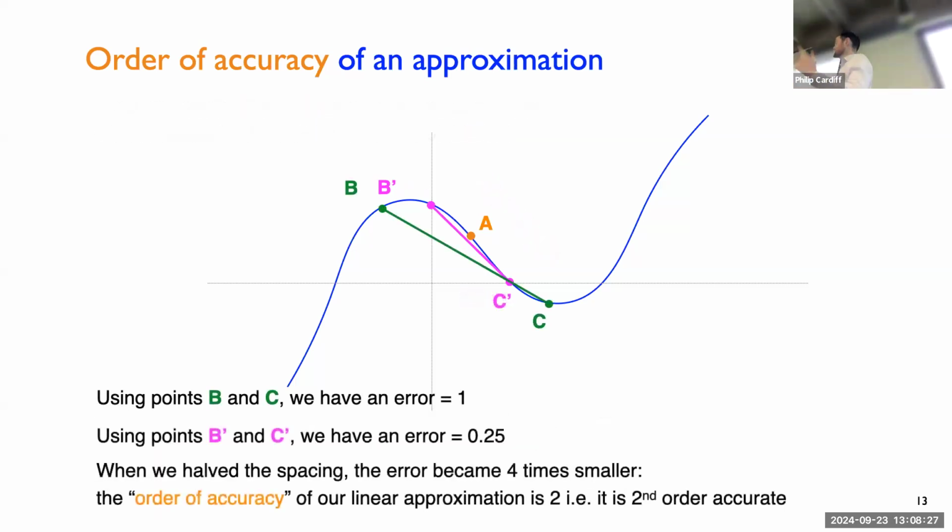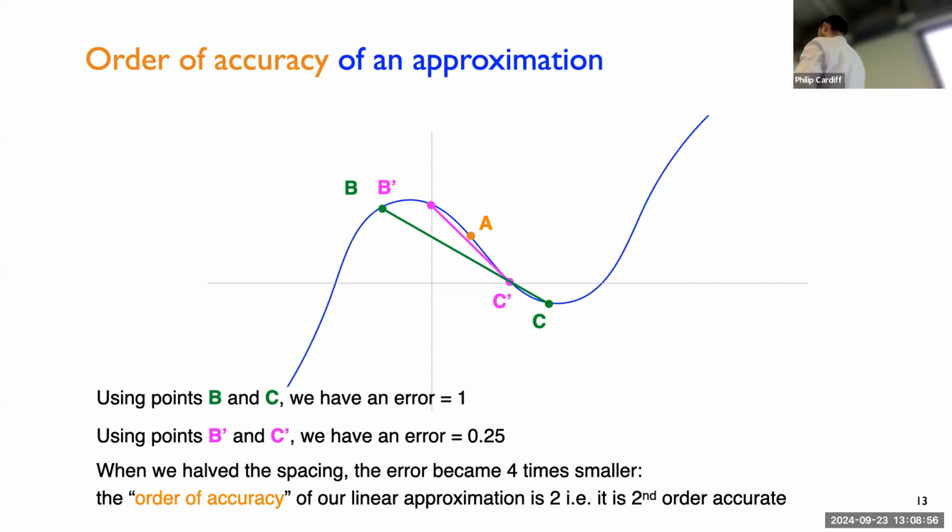So if we use points B and C, we got an error of 1. And when we halve the spacing, using this linear approximation, we got an error of 0.25. So even though we halved the spacing, the error didn't halve, the error became 4 times smaller. If the error halved, it would be a so-called linear method or a first order method. But if it's 4 times smaller, so it's 2 to the power of 2, then it's a second order method. So using this linear approximation gives us a second order